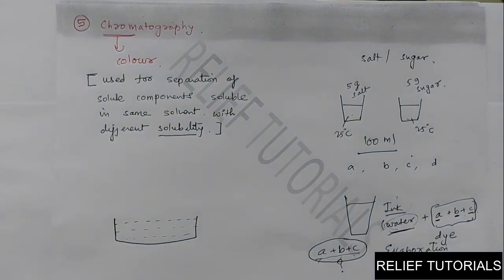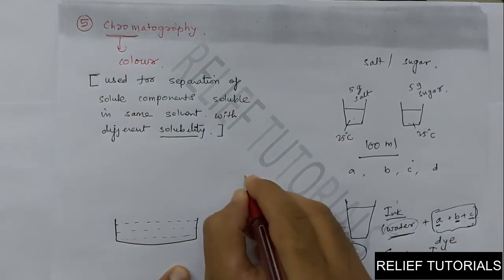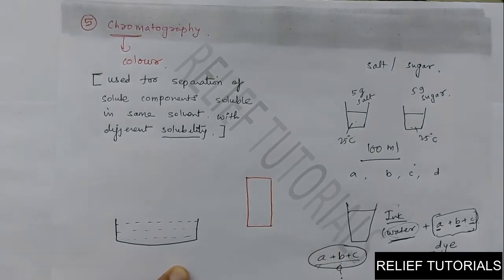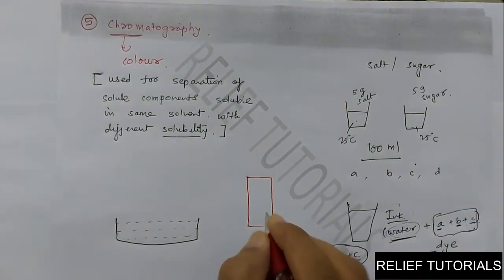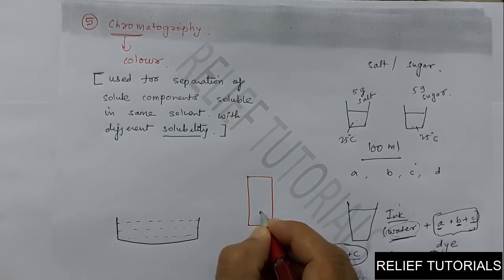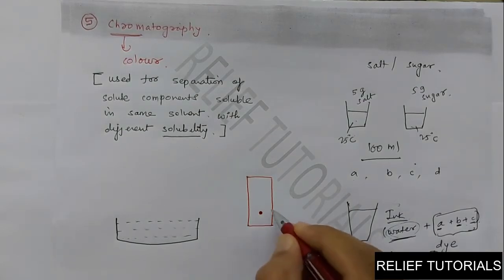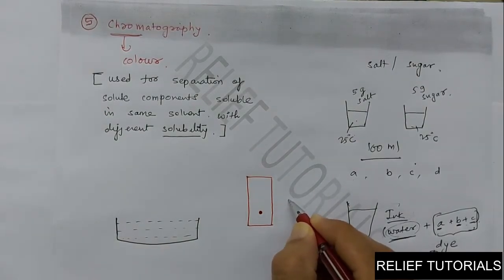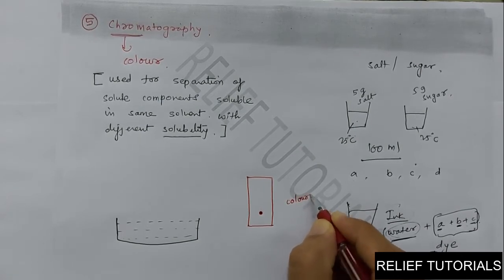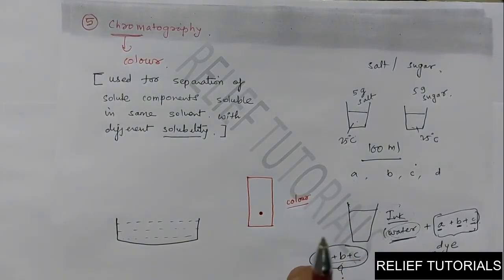Okay, one of the filter papers you are taking, let me draw the diagram sidewise. Let us say this is one of the filter papers you have taken, and on that filter paper you have made a dot like this. This is the dot of one of the colors. Let us say right now on the white paper I have made the dot with a red pen. So this is a red dot, and this is the ink of the pen. So this ink contains dye particles.